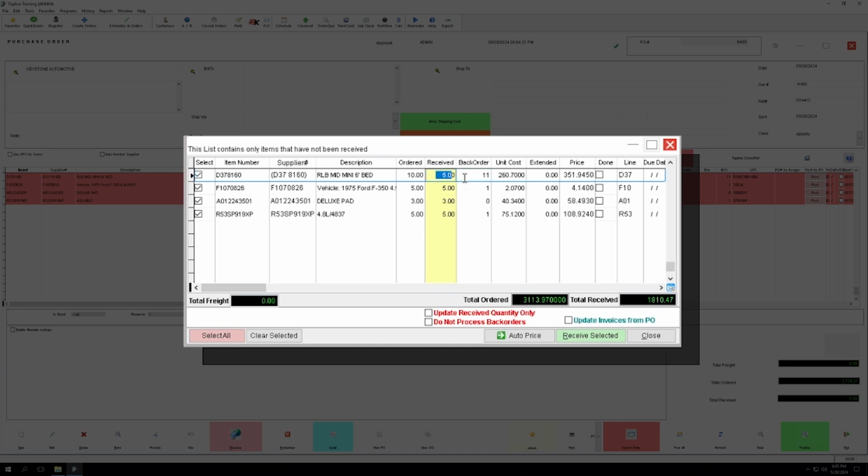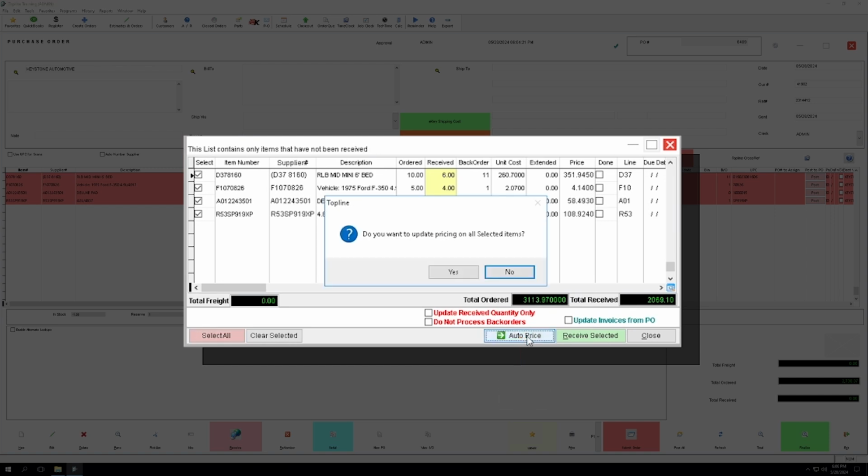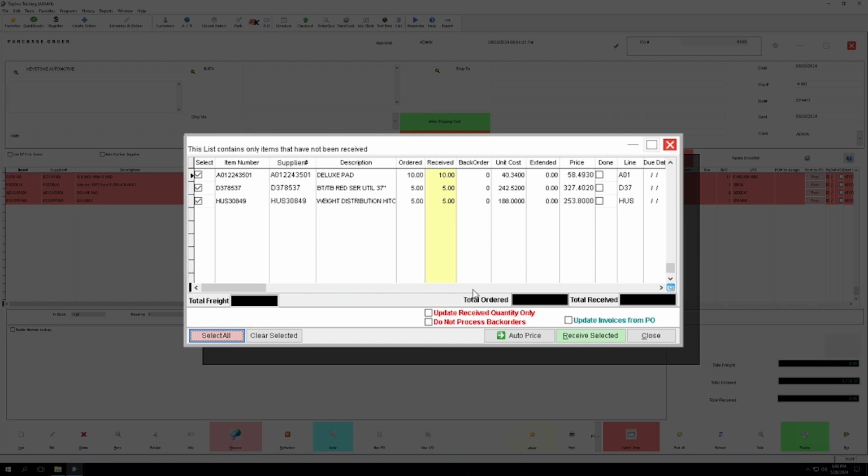Alternatively, you can manually update the quantity by directly changing it in the Receive field. The Clear Selected option allows you to deselect any previously selected items. To update retail prices, the Auto Price feature lets you adjust the retail price of selected items based on the item's cost and Topline's pricing markups. When you're ready to receive the selected item, simply click Receive Selected. This action will add the items to your inventory with the